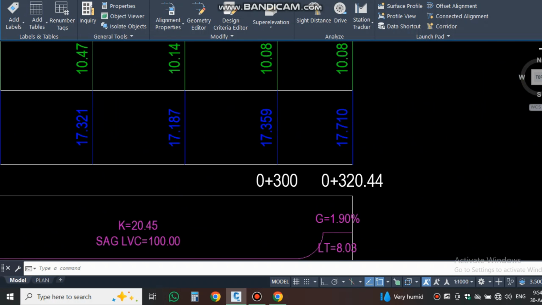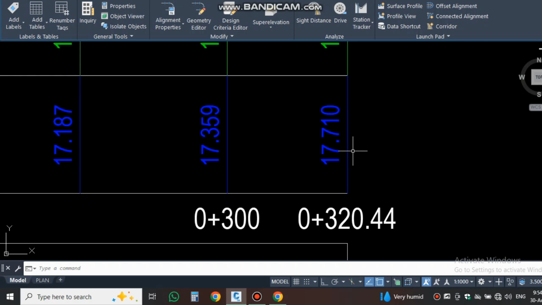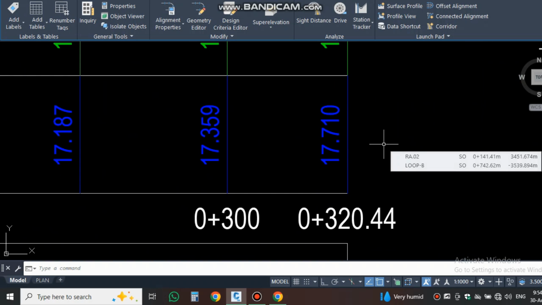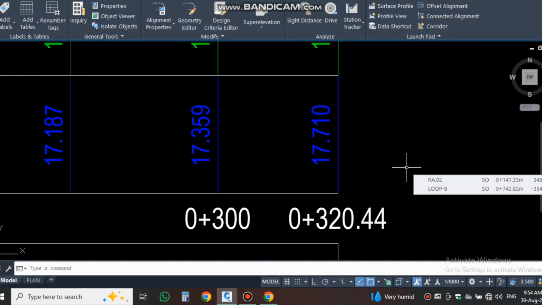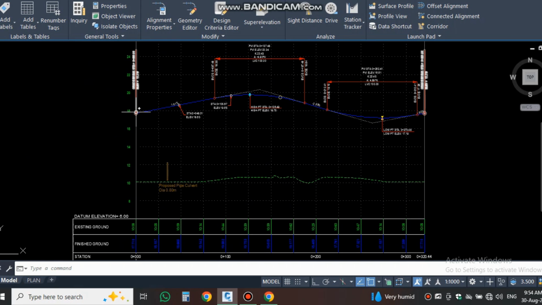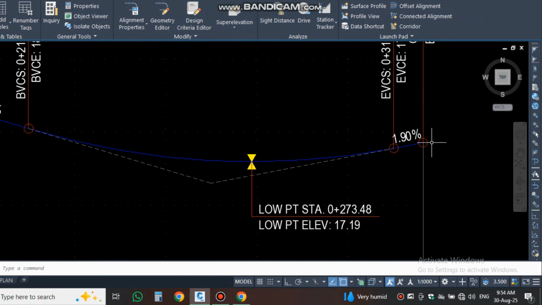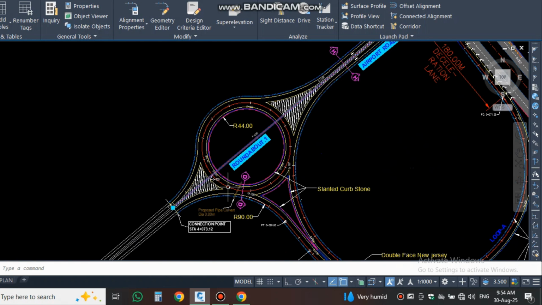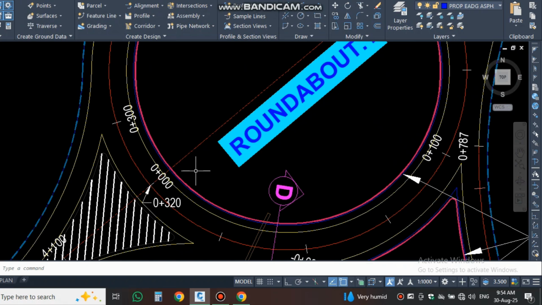So the design level must be 17.71, and also for the end, 17.71. This is one technical point you must remember every time you make a profile for a roundabout. You must know that for the profile for a roundabout, the elevation of the start point must be equal to the elevation of the end point, because